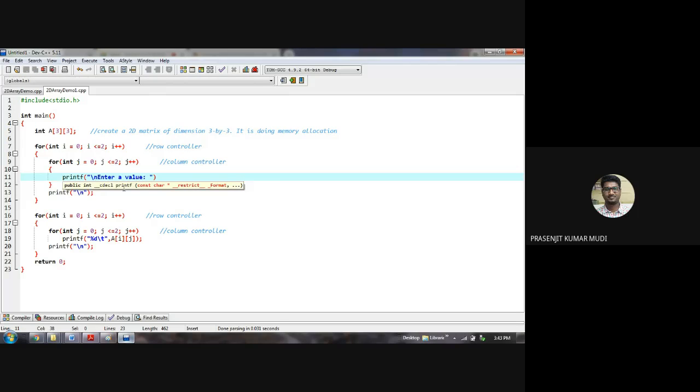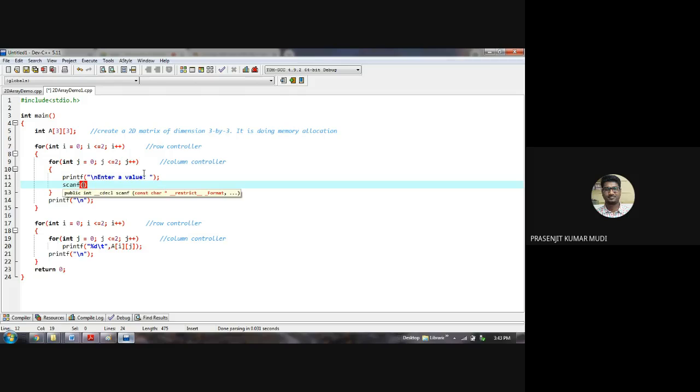3x3 matrix. So I will ask the user 9 times, and so 9 times user will provide me a value. This printf message will be displayed 9 times. User will provide 9 values. All those 9 values will be stored into 9 locations of this matrix A. Correct? So scanf %d